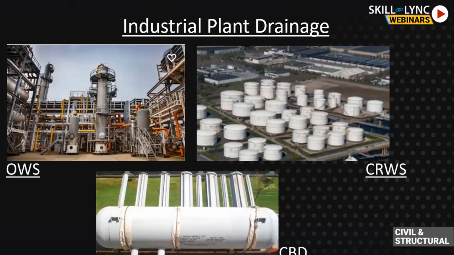These buildings are mostly open buildings. Why? Because so many pipes and walls are entering from all the sides of a building. If you provide walls, the brick walls will have so many cutouts or openings in them that you might as well not provide a brick wall. So these are generally plant buildings, industrial plant buildings in a process plant. They are generally always open. So rainfall can also go inside, unlike our own houses.